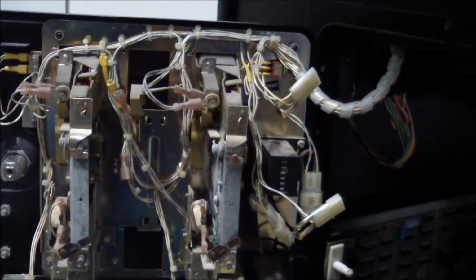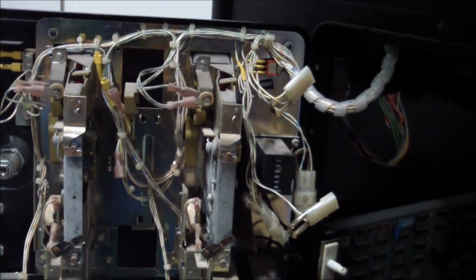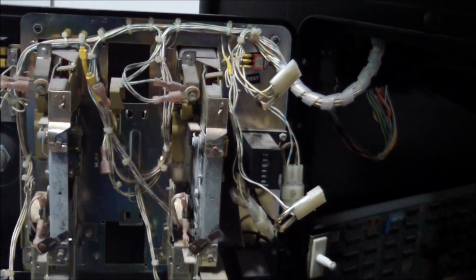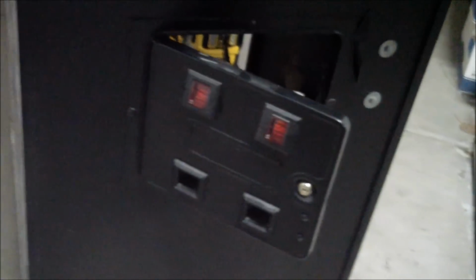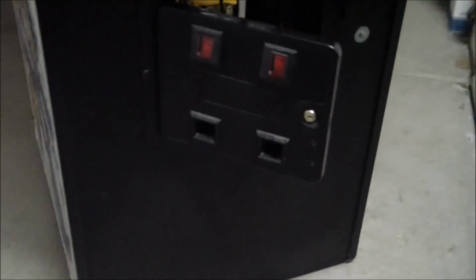Now, some of the exterior belies that because it does have some scrapes and bumps on it. And of course, one thing that I'll never know is, is this the original coin door? I mean, the coin door does look suspiciously clean. Nobody kicked it. There is a slight dent on the side right here where somebody may have tried to pry it open, but